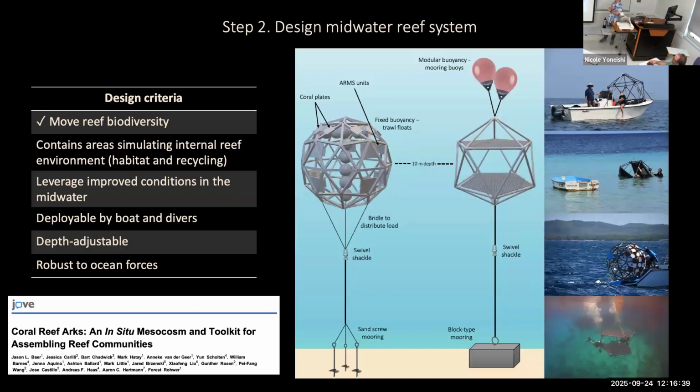We came up with a bunch of different designs. I think we built 10 or something like that, but we ended up landing on these two that we deployed throughout the Caribbean and then Madagascar and Saudi Arabia. And I'm going to show you one of those field experiments today. But basically, these are the different systems that we use for different applications, depending on the site, etc., and some pictures of us actually getting these things out there.